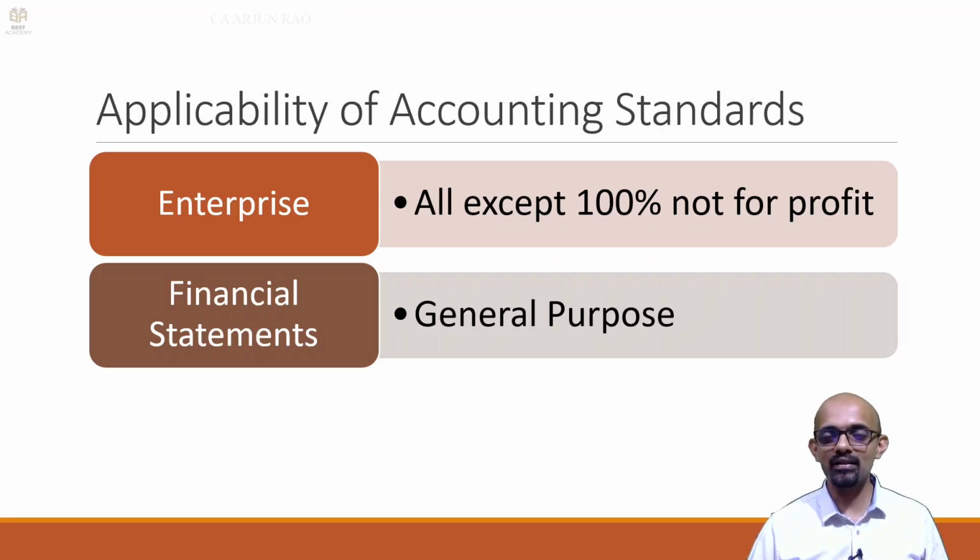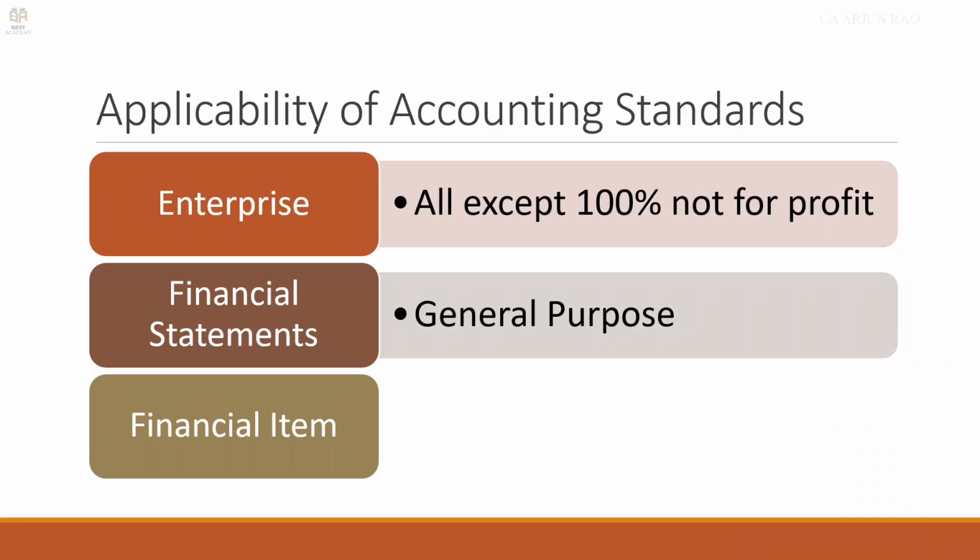General purpose financial statement is something which is used by all, that is your investors, creditors, bankers, any person who has an interest in the company will look at that statement. And what are they? They are balance sheet, P&L and cash flow statement. So accounting standards should be applied only to general purpose financial statements, right? Then the last point,